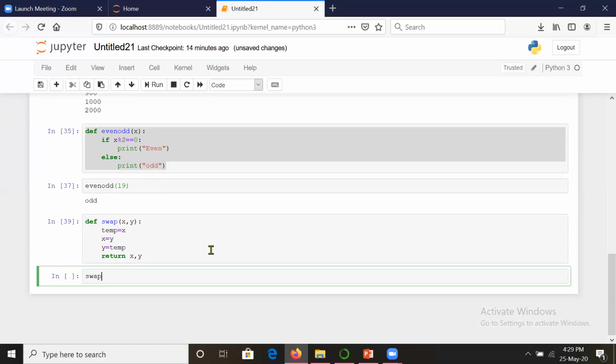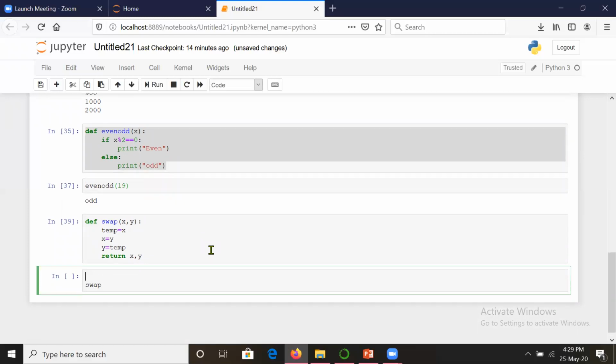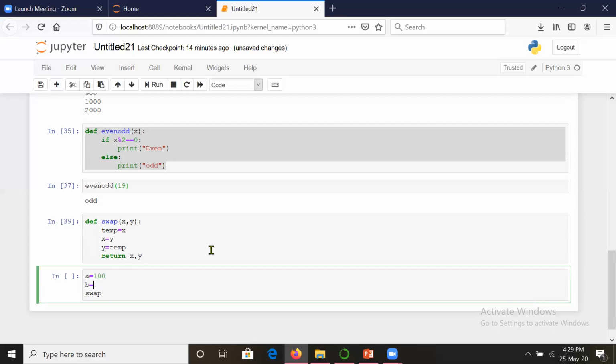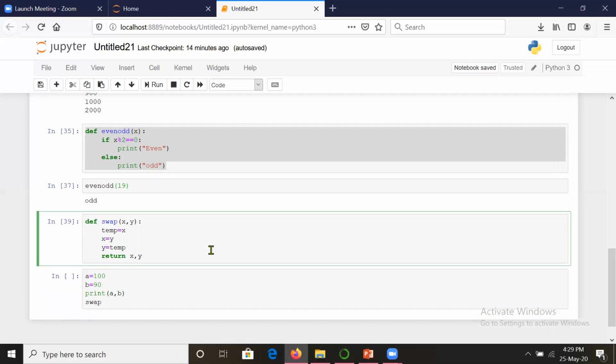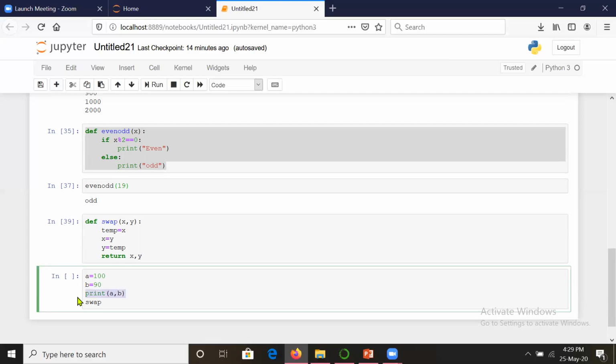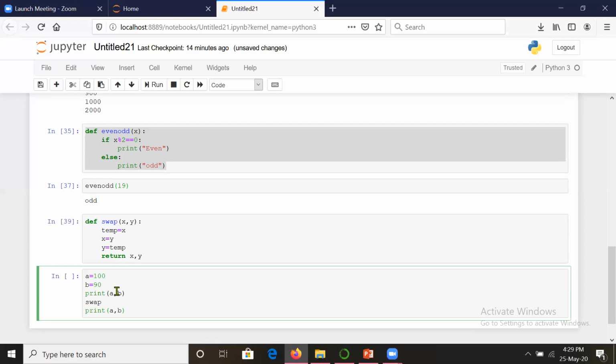Swap, right? But let us print the values before swapping. Suppose I write a is equal to 100 and b is equal to 90, and I am printing the values a and b. Print a comma b, okay, and then swap, and again we will write a comma b after swapping, and send these two values a comma b.